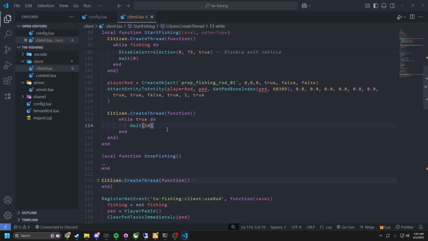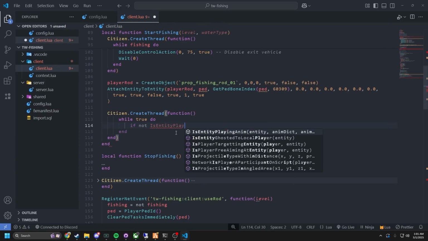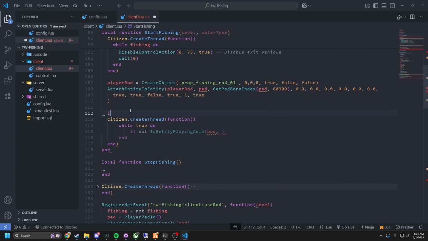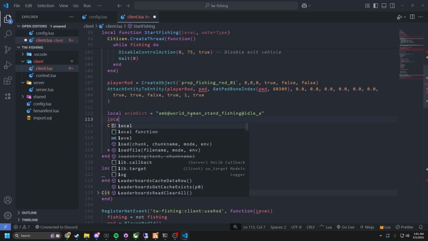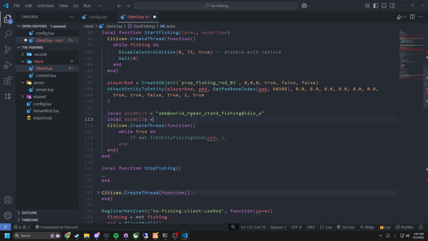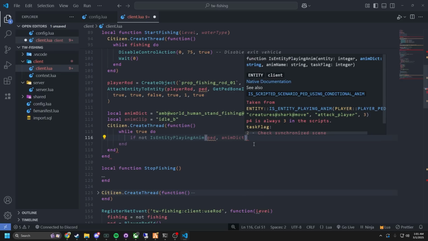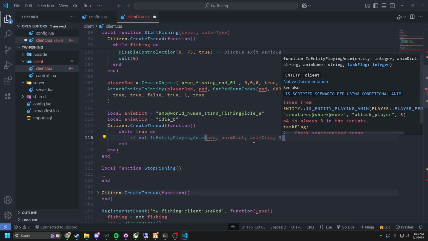First we're going to do if not is entity playing anim, entity being our ped. These are actually defined a lot, so we're going to call these anim dict. I'm going to make this a little bit easier for you guys because I rewrote this like 5 different times. Local anim clip equals idle b. Here we go. Is entity playing animation of anim dict and anim clip, and it's going to be a 3. Then